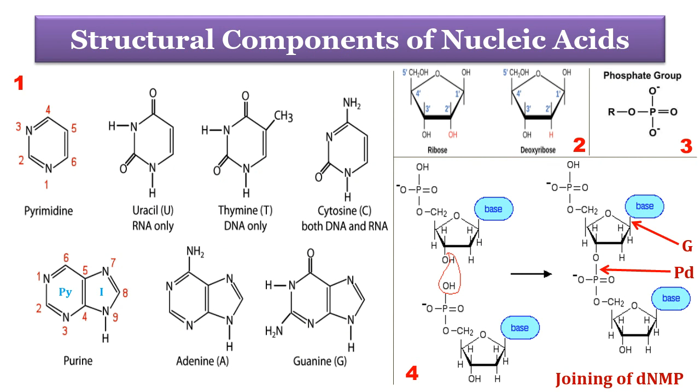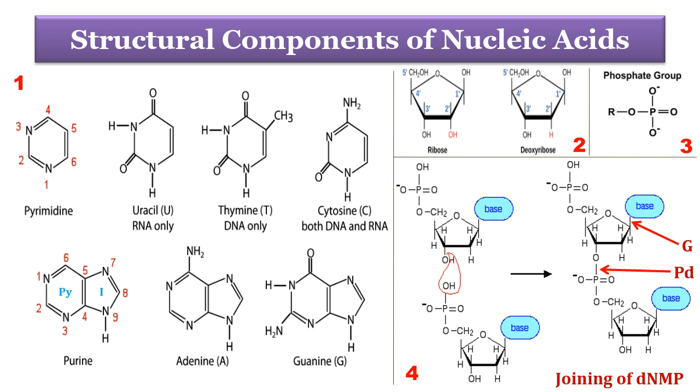As I said in the previous slide, DNA is a polymer. So here are various structural components of the DNA. As everybody knows, DNA is a long chain of nucleotides in anti-parallel strands linked by hydrogen bonds between the two strands. These nucleotides are made up of a nucleoside attached to a phosphate group, and nucleosides consist of heterocyclic nitrogenous bases attached to pentose ribose sugar. These heterocyclic nitrogenous bases are of two types, pyrimidines and purines.